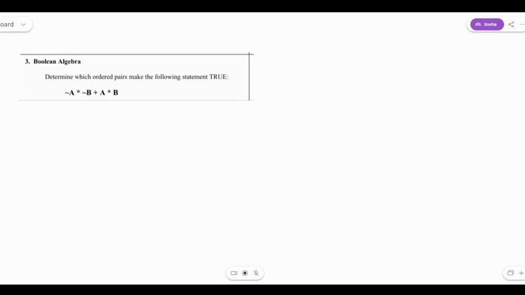So here we see that it uses the symbols to represent this expression, but if we wrote it out in words, it'd be not A and not B,